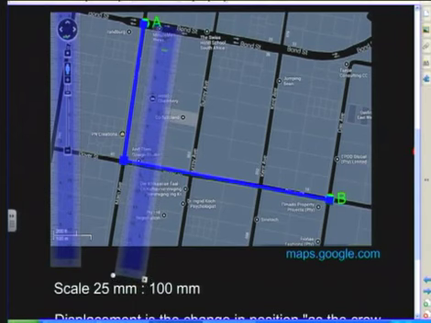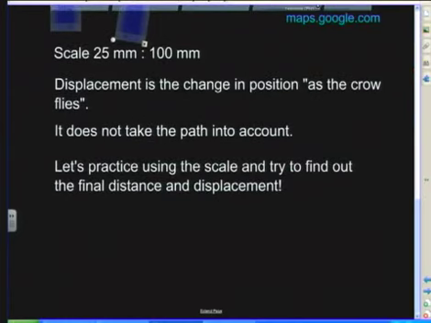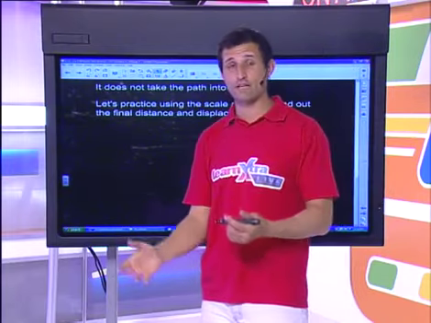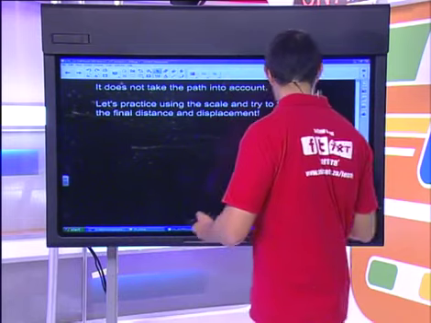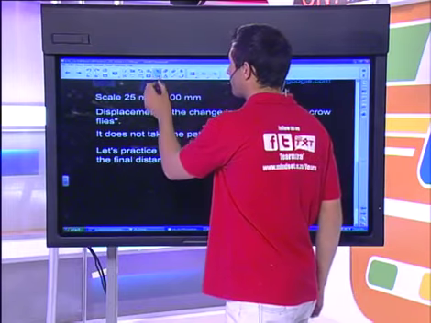All right, so now the question is, how do we actually start to deal with that in terms of scale? Now, I'm going to practice with the scale, and we're going to try and change 85 millimeters into an actual distance. Now, I said that my scale, and I'd measured this a little bit earlier on, I found that on my